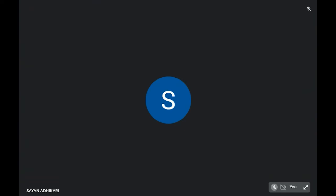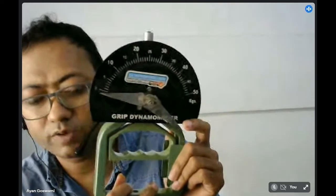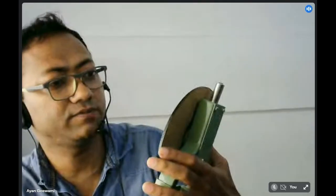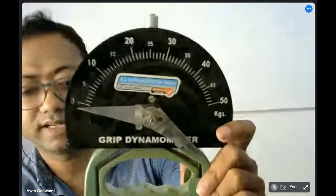Everyone can see the video? Yes sir. So see, this equipment is called a hand grip dynamometer, and you have graduations from 0 to 50 kgs. First, what I'll do,